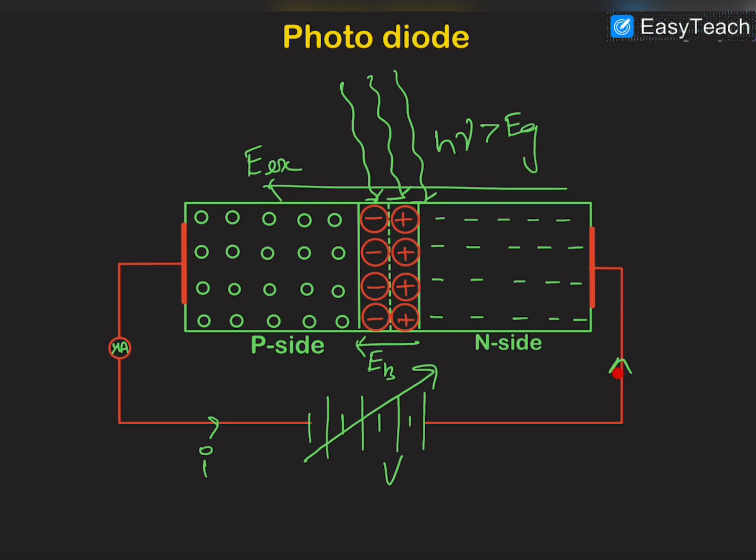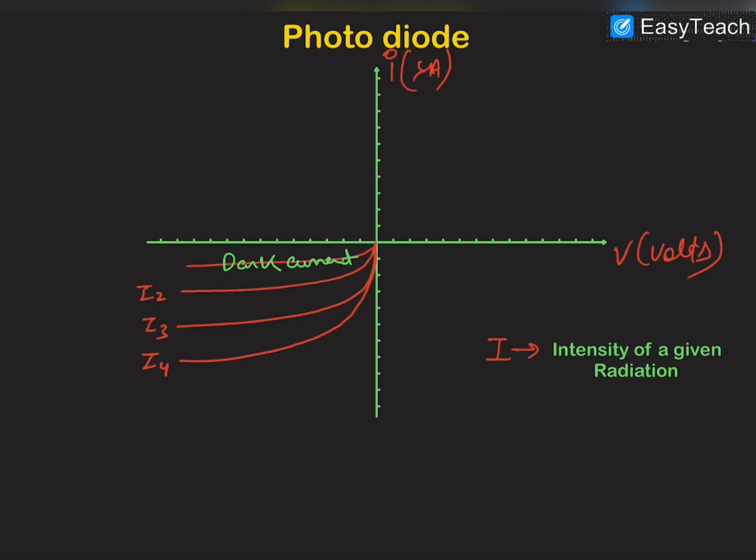So we know that in reverse biasing, the current flowing through the diode is very low due to high resistance, and it is almost saturated. But as we illuminate the diode with the eligible photons, more and more electron hole pairs will be formed in the diode, due to which a greater amount of current will flow through the diode. So as we increase the intensity of radiation falling on the diode,